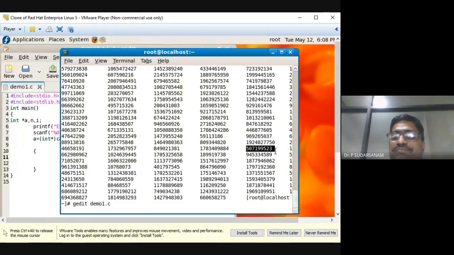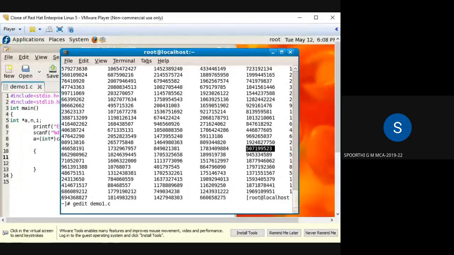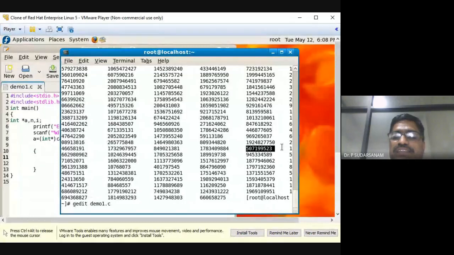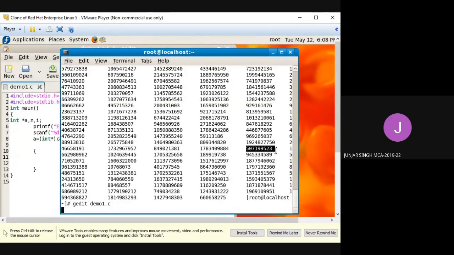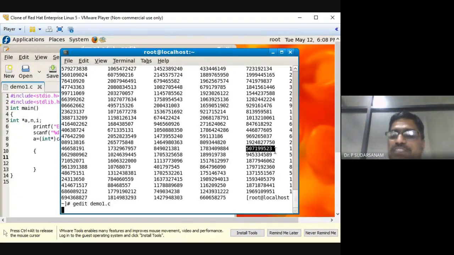Mod 100. The value is 23. To say 23, this much time is required.